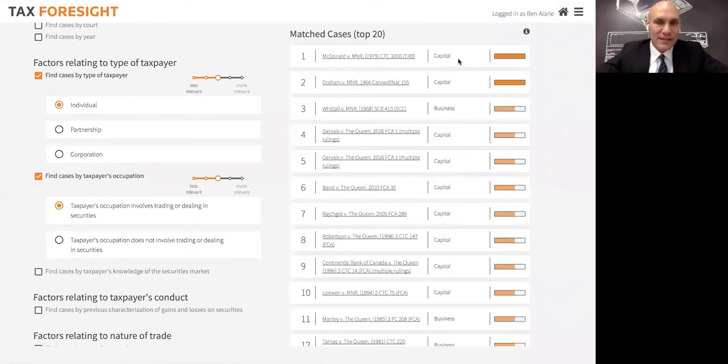I can read the full text of the judgment, do the normal things that I might do in TaxNet Pro, note up those cases, look at the history and subsequent treatment. But I can use these cases as a resource for finding out what courts find really compelling about those cases. Maybe I can identify in those cases things that I can say, yes, yes, yes, here in this case, in Foot's case, we find similarities to McDonald or to Graham. And so in these cases, the taxpayer should be treated as if these gains are on account of capital rather